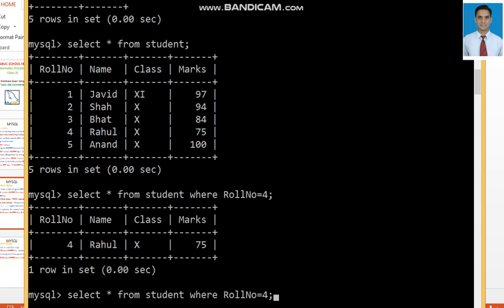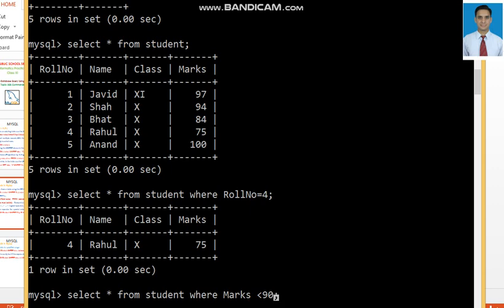Or I want all the students whose marks are less than 90 to get displayed. Select star from student where marks is less than 90.